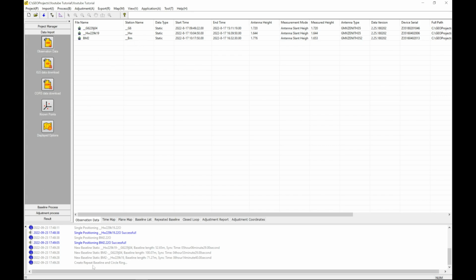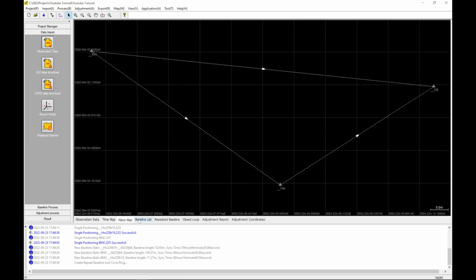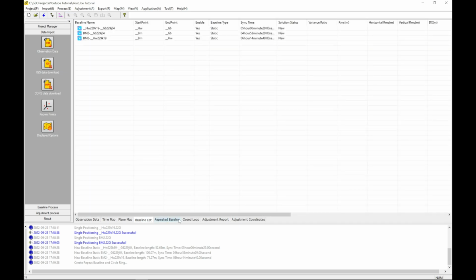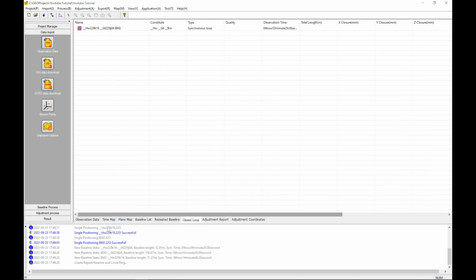And moving forward, now we can look at the time map, and this is the time map. And then the plane map, this is the actual orientation of the map, and the baseline list, and many others. And now we're going to